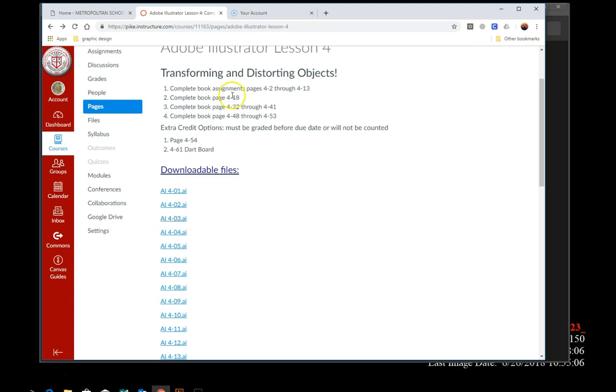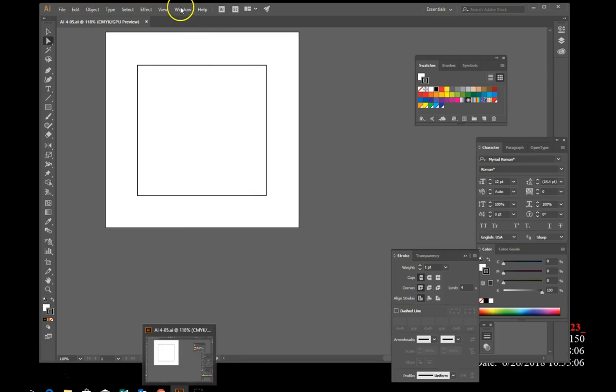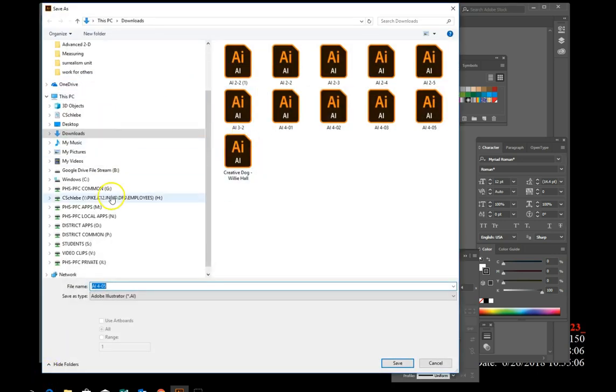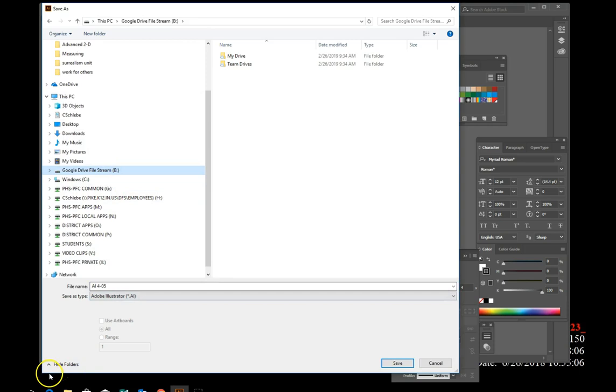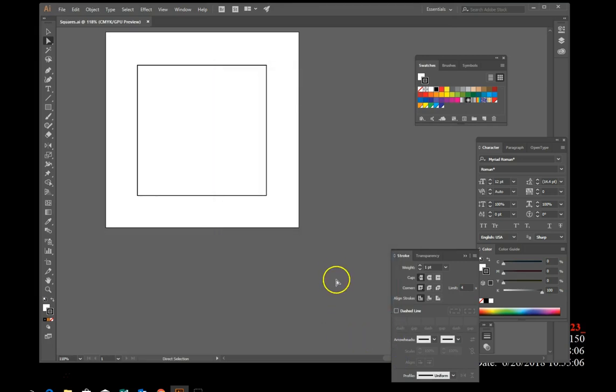So we need to open up 4.5, and then save it as Squares. So you can see I have it saved as Squares in my book lessons folder. I'm going to hit Save, hit OK, select the square,